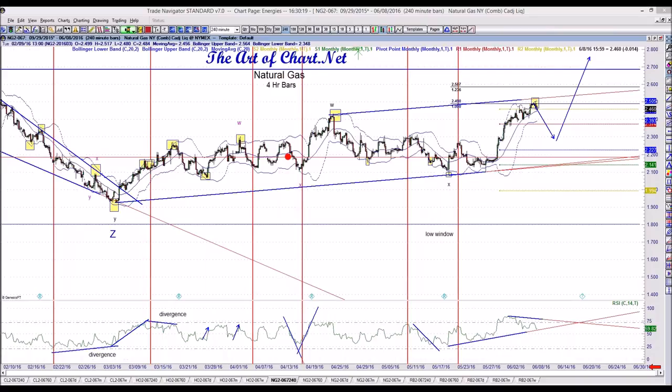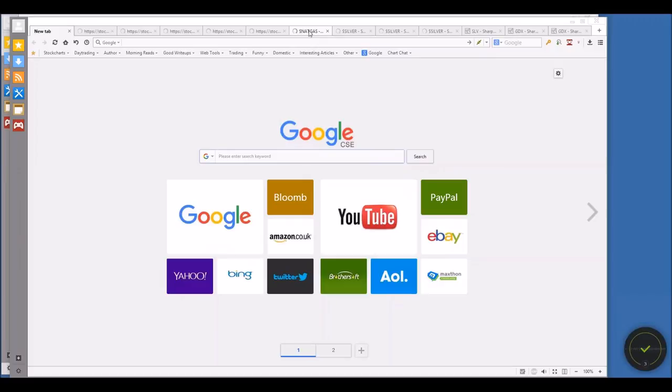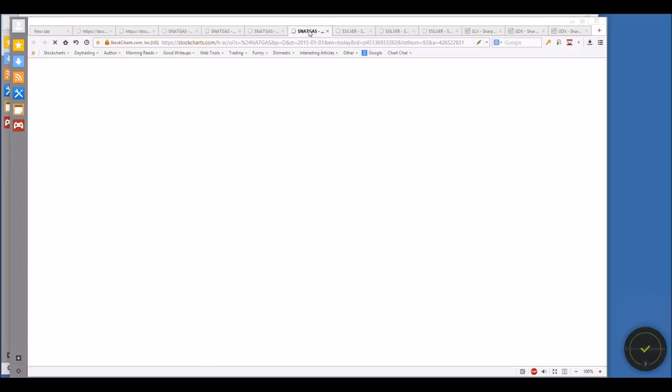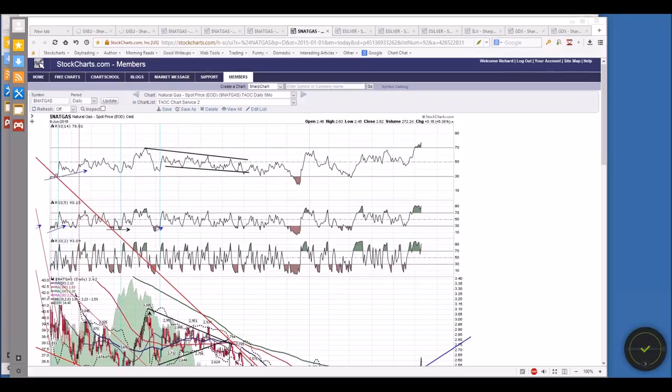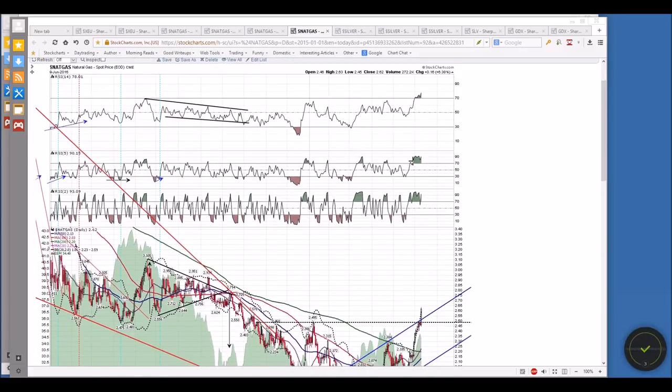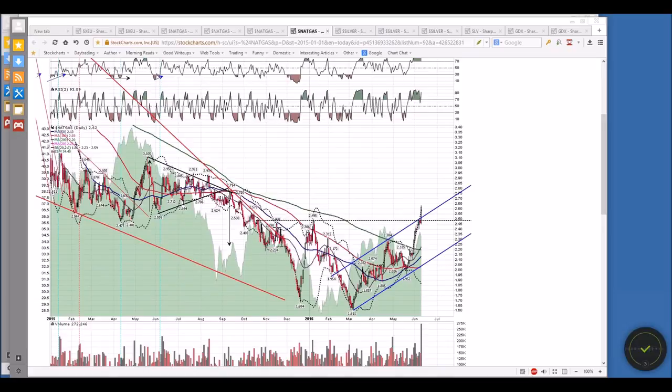Go ahead. All right. I just want to show you something that happened today, and I just want to make note of it because it's got big implications. It's on the Nat Gas daily chart, and it's not about the RSI, it's about the level. Now, here we do have a daily RSI 5 sell signal brewing. Having said that, when you're looking at an embedded bull trend like this, you need to be very cautious about going against it. But what I also would say is, I was looking at this as a potential inverse head and shoulder neckline, and it was a potential inverse head and shoulder neckline.